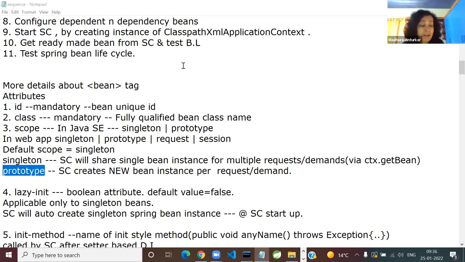Everyone knows the servlet lifecycle, I hope, inside out. Whether there's a first request or it's loaded on startup, there is only one singleton instance of the servlet, which is equivalent to your singleton scope. Guys, start connecting the topics, start relating the technologies, and your learning becomes so interesting, so easy.